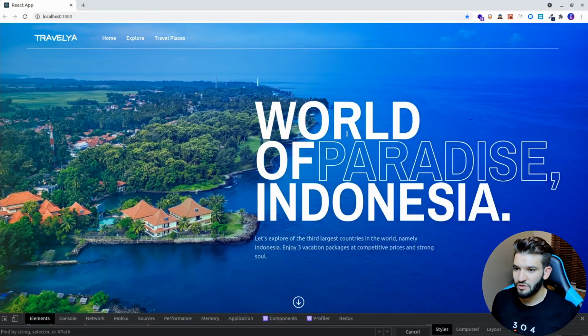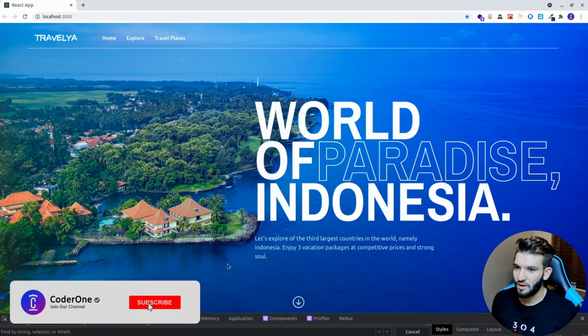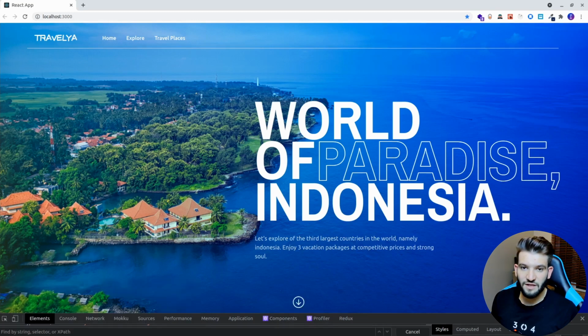And yeah, so there you go. So that looks pretty good. This is the page, the Travelio, the logo looks pretty sweet with these awesome fonts. Yeah, this word of paradise Indonesia is kind of top perfect. And yeah, so you can go in and click that, take you down and everything. So yeah, pretty sweet. Now let's go in and have the second section, which is going to be named Explore